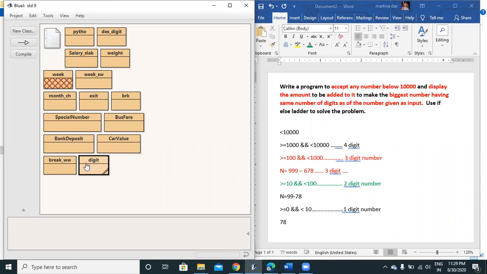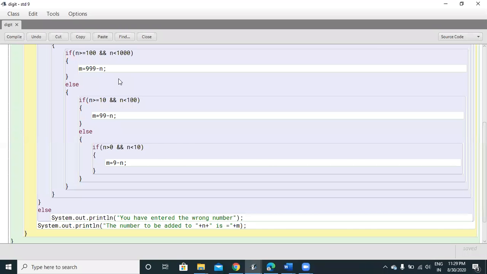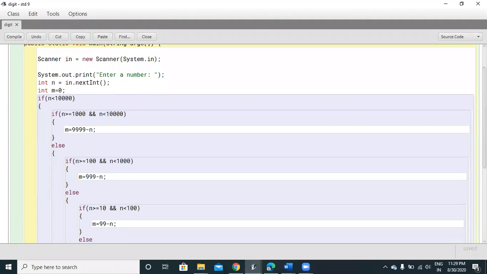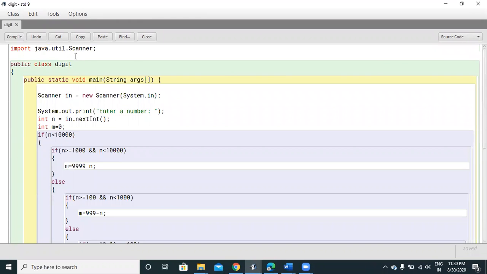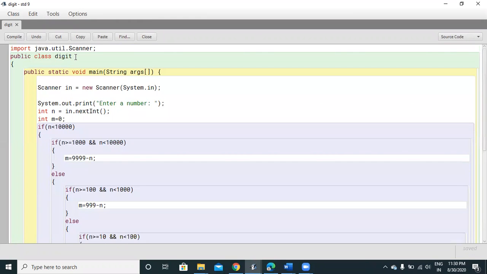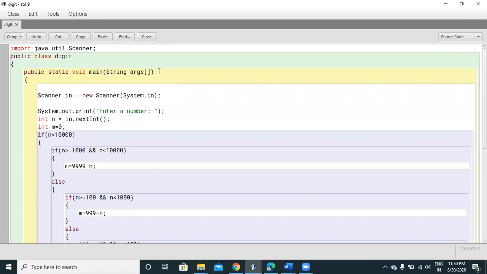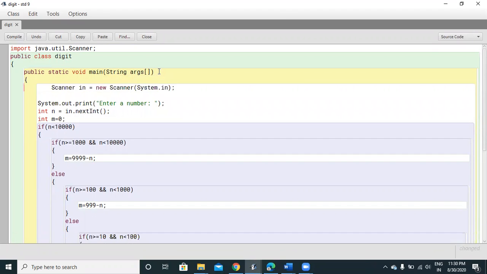Again, I show you the program and you can see the logic that we had discussed previously side by side. So you can see this is the program that we have written. First we have specified the class, then we are accepting the number from the user, then I'm checking whether that number is less than 10,000.